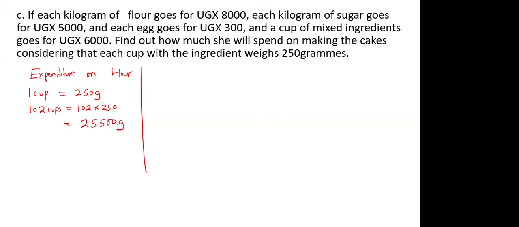25,500 grams. But the money was given to us in kilograms. So you ask: in one kilogram, how many grams do we have? We have 1,000 grams. So you ask how many kilograms are in 25,500 grams. This means you are going to divide. I divide this by 1,000 and I will end up with